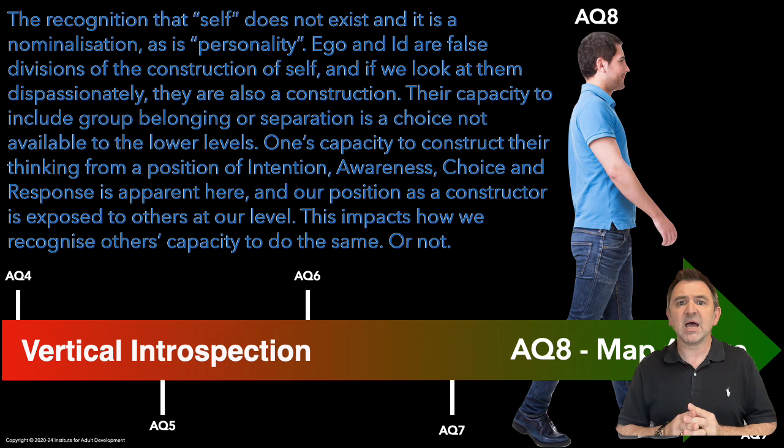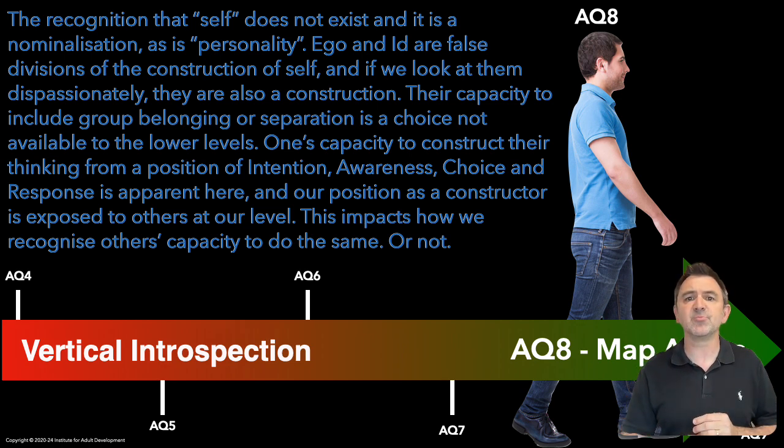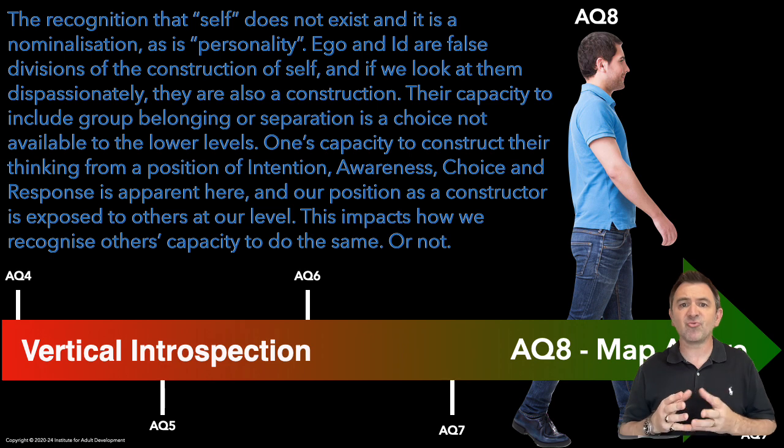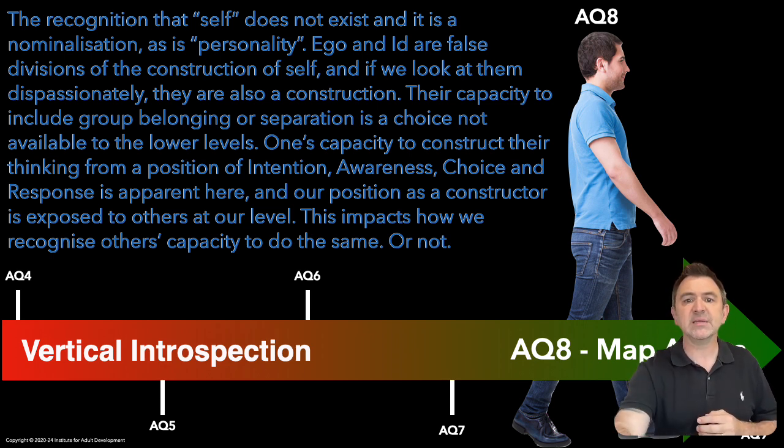Individuals at AQ8 have a high level of choice in their thinking and responding, and they have a deep understanding of their own construction of self. They are a lot more balanced between self and other, much more so than AQ6 and 7. And this extends to being balanced in their driver cognitive intentions, and they can choose which one to use in the moment. They are not bound by external validation from peers and are aware of the limitations of others' constructions of them.